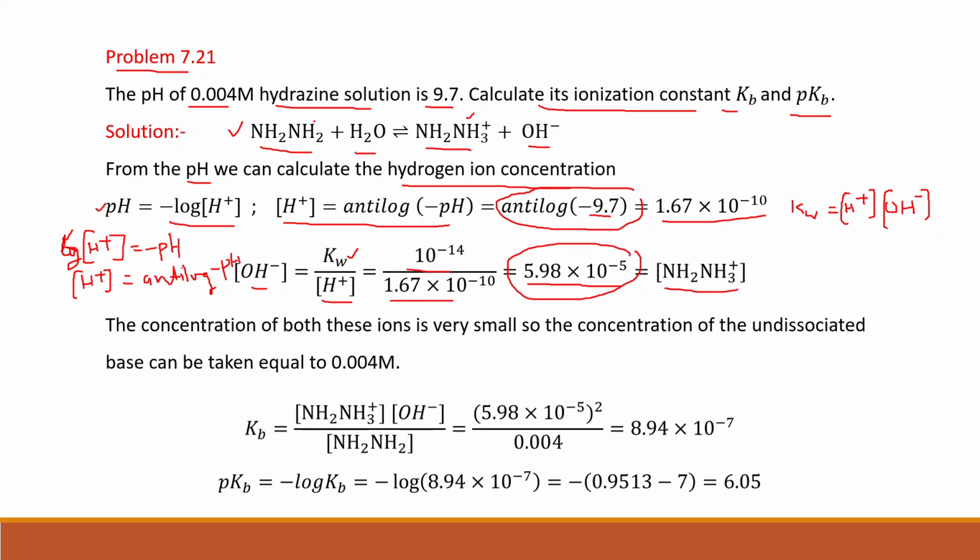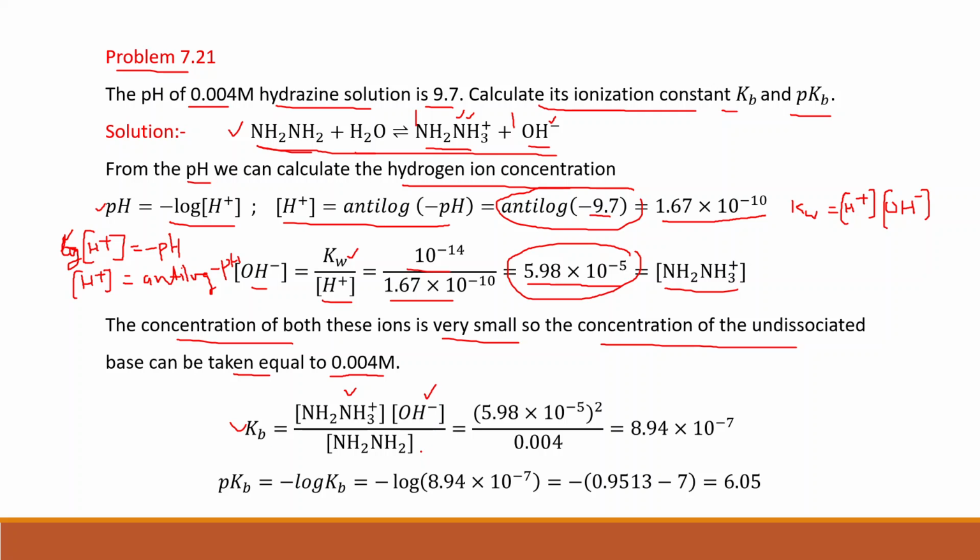Okay, how? Because if we see the stoichiometry of this equation, there is the 1:1 ratio of hydrogenium ion and OH minus ion. So concentration of OH minus ion will be equal to concentration of hydrogenium ion. The concentration of both these ions is very small, so the concentration of the undissociated base can be taken equal to 0.004 M. Now we can write Kb, this is equal to concentration of hydrogenium ion multiplied by concentration of